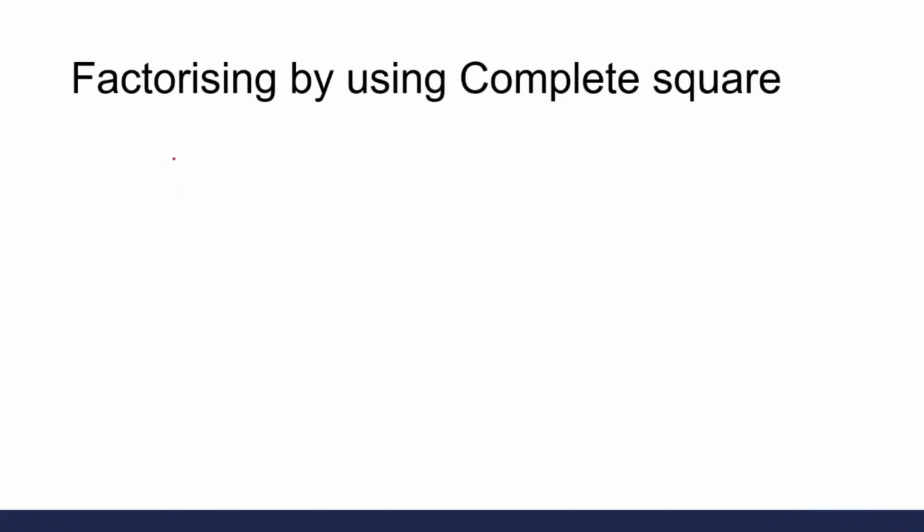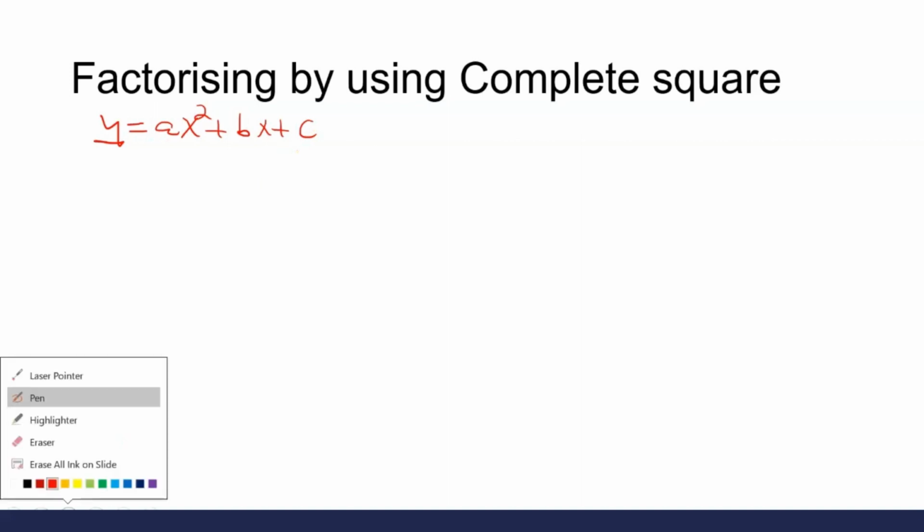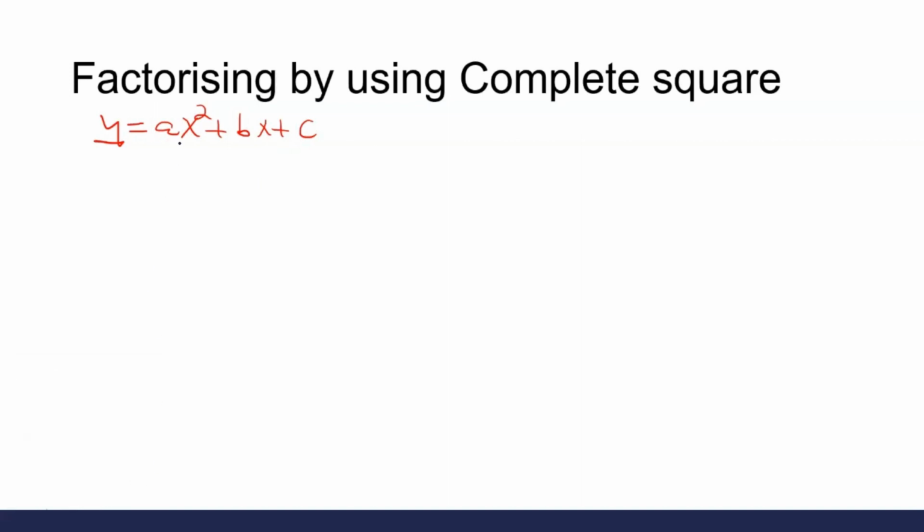Factorizing by using completing the square. So the general equation for completing the square is this. We take the coefficient of the x squared as a factor out. So we factorize first, we take that one out, so that gives us... We only do this if the coefficient is other than 1, but if the coefficient is 1, it makes